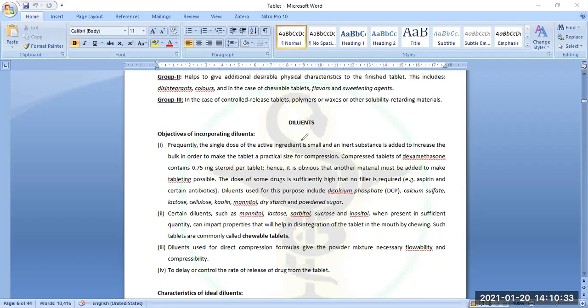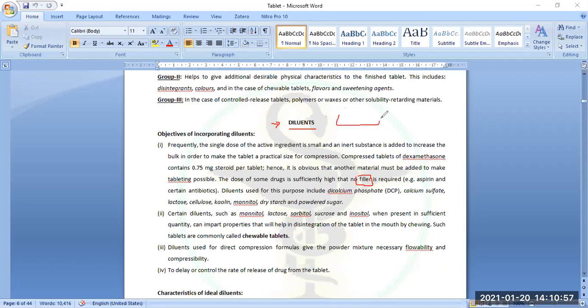Okay, excipient means ingredients, inactive ingredients, diluent, coloring agent, flavoring agent, sweetening agent, preservative. These all are the excipient, while diluent is one specific excipient. Okay. So diluent का ही synonym है filler. Filler is a synonym of the diluent.